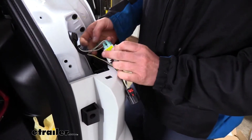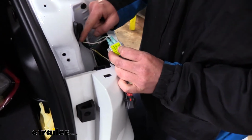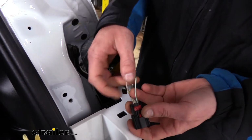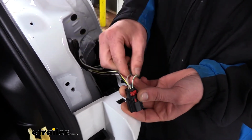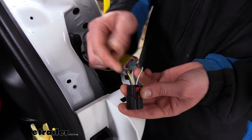Over here on the passenger side, we've done basically the same thing. Here's that white wire that we used as a jumper from our brown wire. And over here on the passenger side, we're still going to be using pins 1 and 3, but the wire colors have changed. Pin 1 is going to be a white with a green stripe, and that is our stop-turn circuit for the passenger side. And pin 3 is going to be a white wire with a gray stripe, and that is our tail light